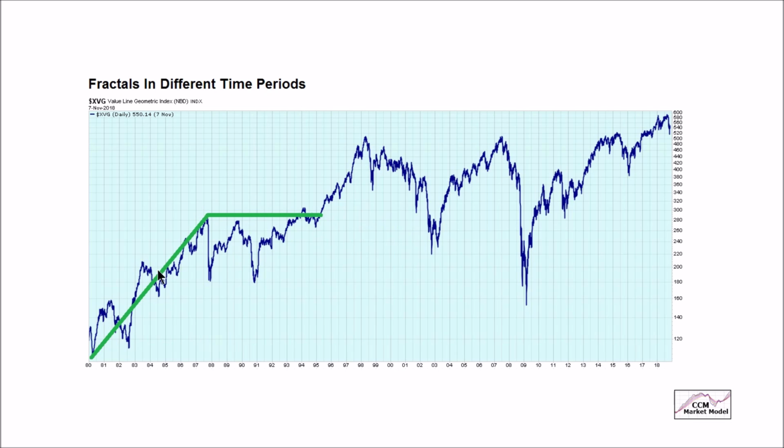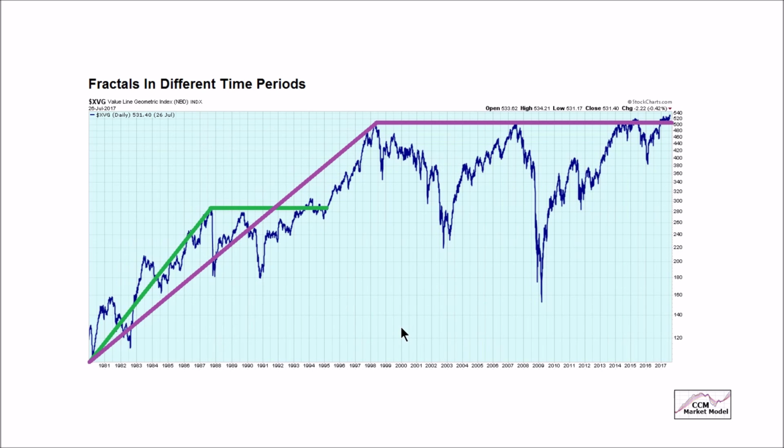This structure and this shape is very similar to the larger fractal, this structure and this shape. And as we've covered in the past in more detail, you can make an argument that the end of 1994, from a fractal perspective, is similar to the present day, or November of 2018. Clients and regular viewers know we've covered this fractal in the past. In fact, this is a chart from a July 2017 video.